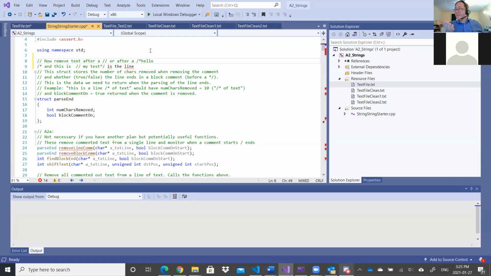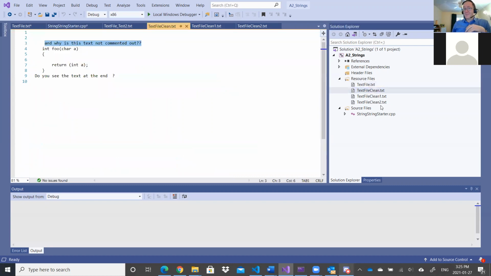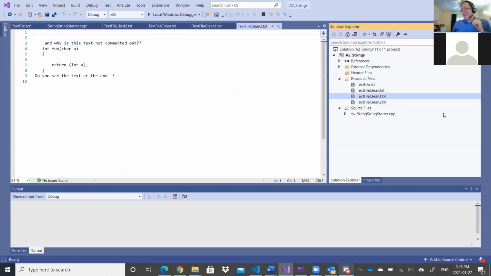That's the default case. But if you want the more advanced version, the advanced, I think 5% bonus case, you output it to a file, which is how I got text file clean.txt. Notice text file clean.txt. There we go. Text file clean2.txt. I should get rid of this old one. This is an old one. If this is the original file and all the comments are removed,